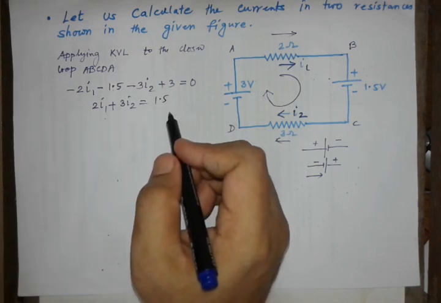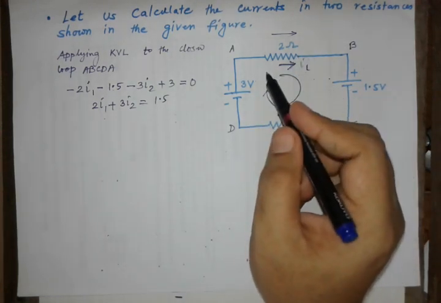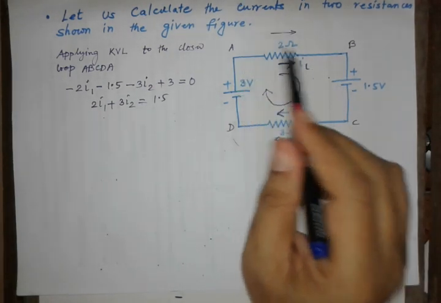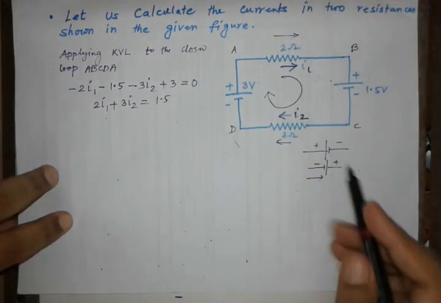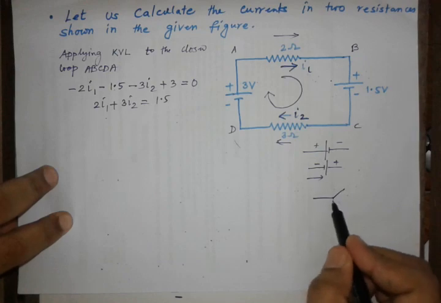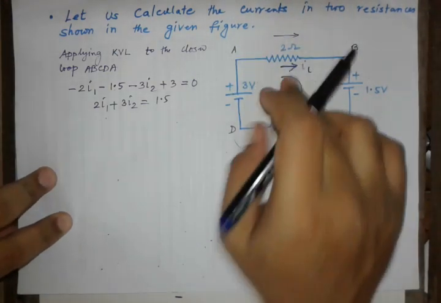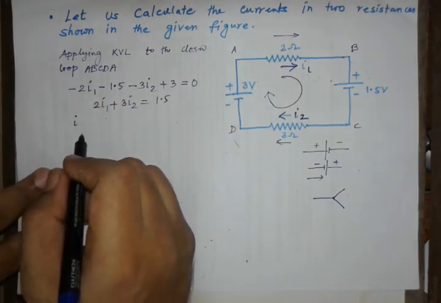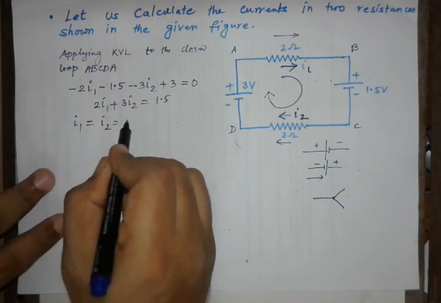Okay. Now in this circuit you can find out that there is only one current passing through. Actually there is only one value of current because it is completely series. There is no other loop, no junction. Junction means the current comes and splits into two ways. But there is no junction, so only one current is present. So you can write I1 is equal to I2 is equal to I.